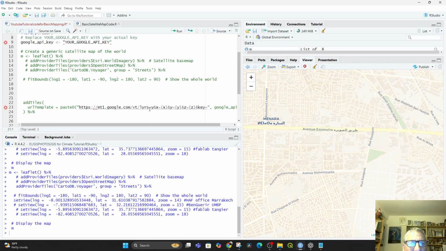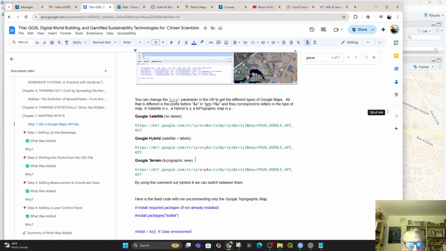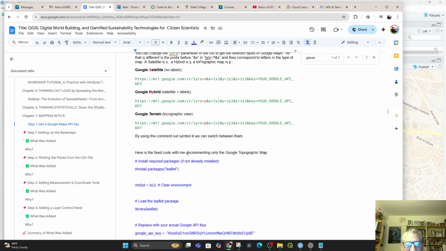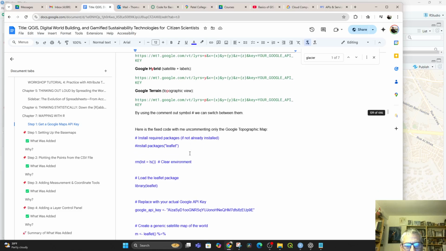This layers equals YX is not for the, it's Y is for hybrid. Yes, Y is for hybrid. And I'll show you that in here. We know that this Y here stands for Google Hybrid. The S in this piece of code stands for Google Satellite with no labels. And the P in this piece of code is Google Terrain Topographic View, where the P is for topographic. And that's how we're going to